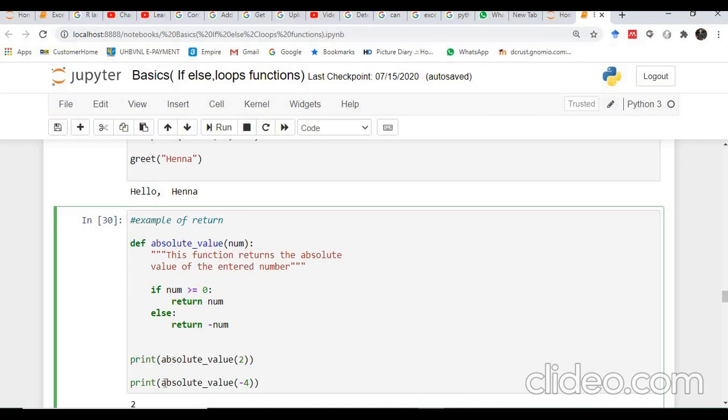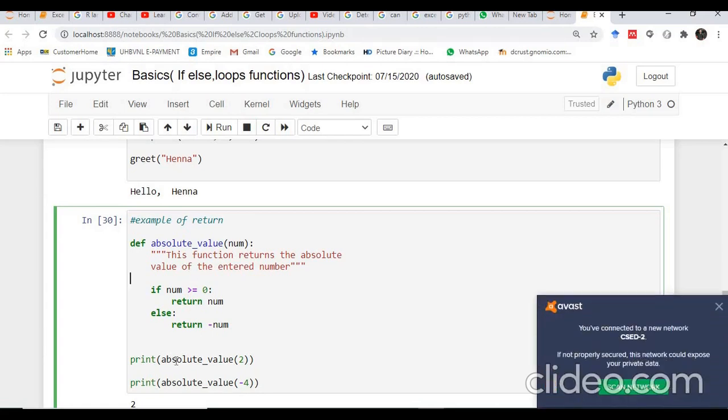In a similar way, when we call this function again with another value, it returns some value from the execution. When we call this function with this parameter, 2, the value is assigned to num, and inside the function we apply conditions, or some operations, on the value just collected inside num.